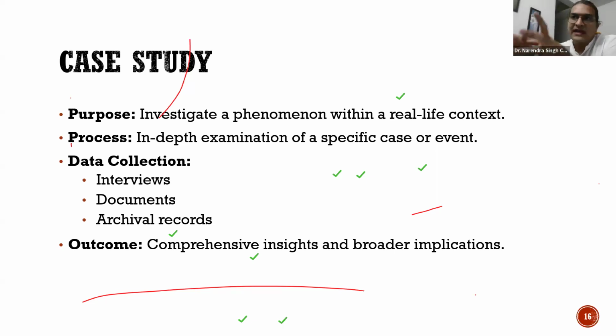But in case there is an already existing theory and you want to add some new dimension to it, so definitely with the help of quantitative research, you can do that. So we are having different kinds of ways of doing the research, right? There are not many researches available where you're trying to add some new dimension to it and you say that okay, this is an improvisation in the existing theory. So it all depends on how you want to move ahead.